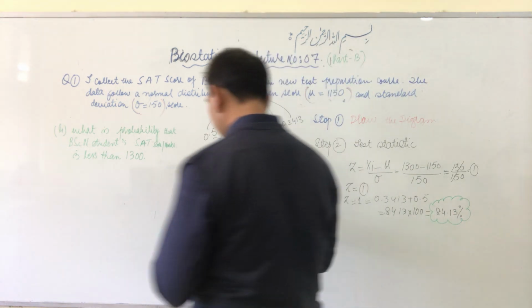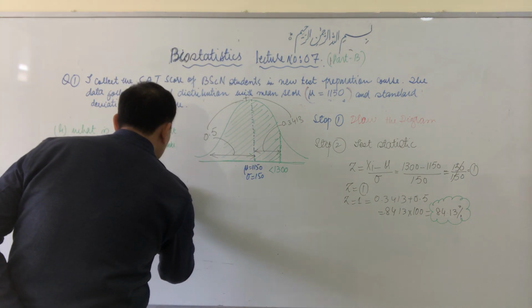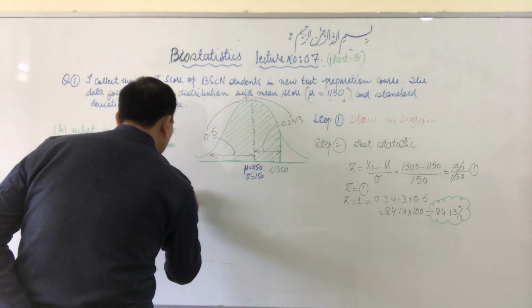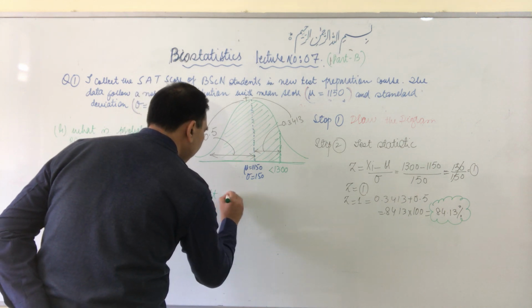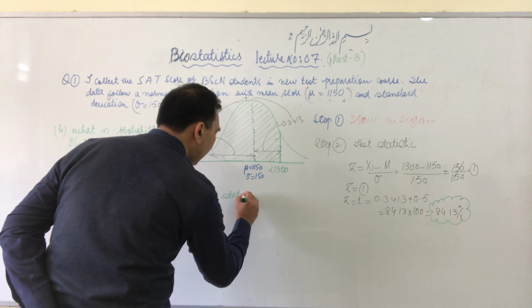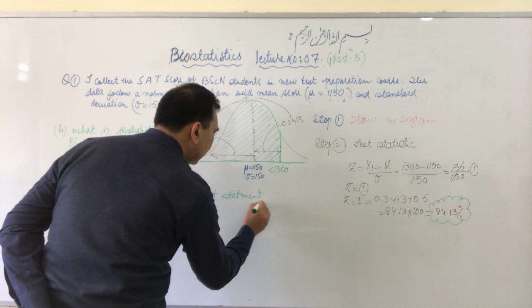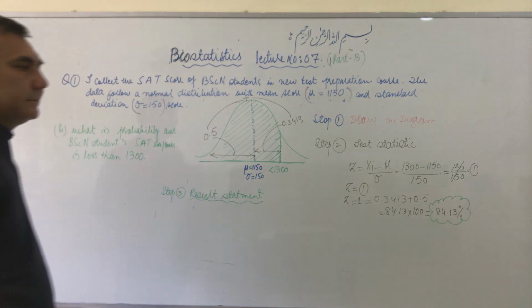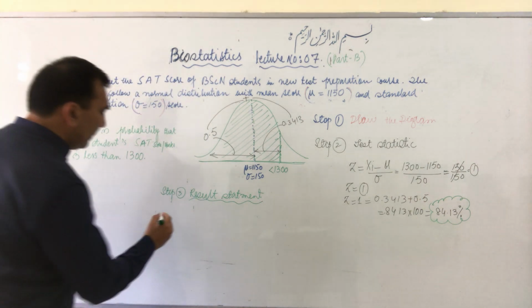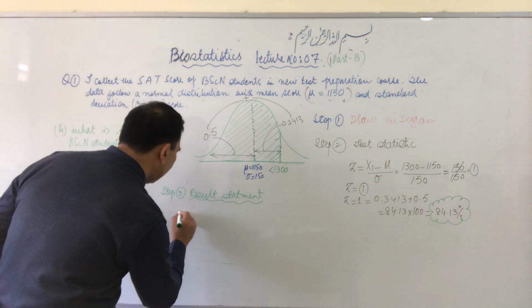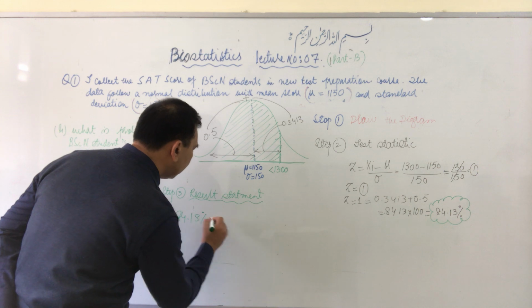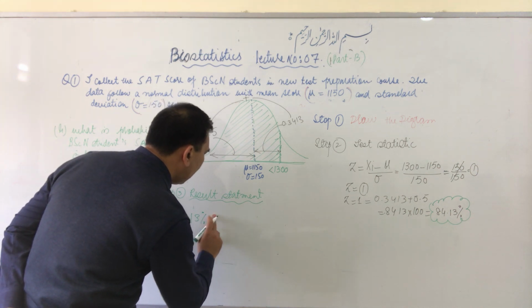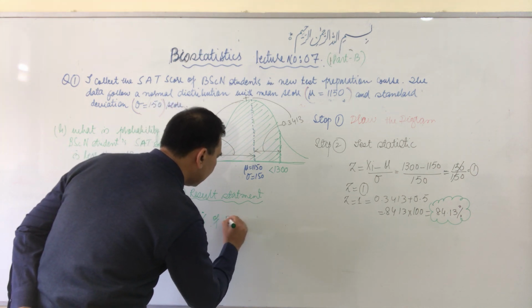Now, what we will do in step number 3. In step number 3, we'll write down the result statement. The result statement will say directly that 84.13% of BSN